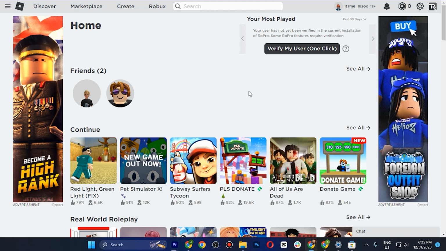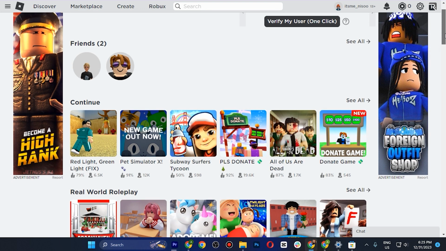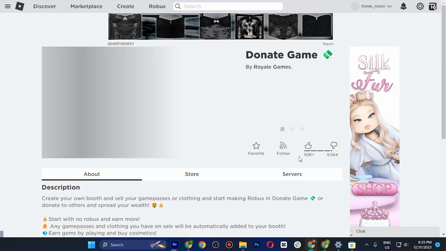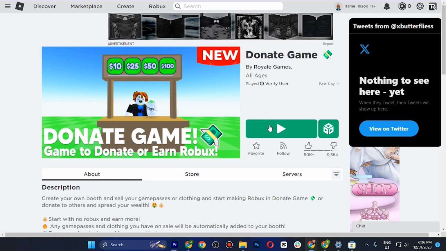So first of all, you have to make sure that you log in to your account correctly. For that you have to go to your settings, log out from your account, and log in again. And after that you just have to select any one of the games, and if you go in this game and click on play and you are not able to join the game, so what you have to do